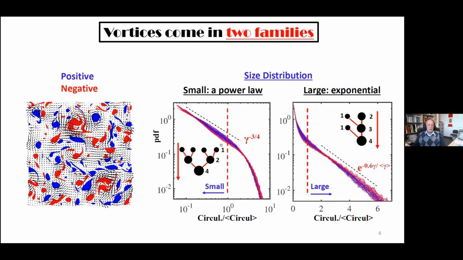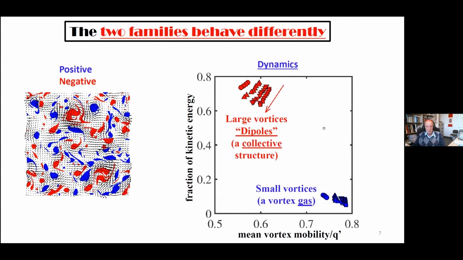You look at this in time, and what you see is that the limit between one and the other keeps moving, so that vortices amalgamate and they're eventually sucked into these large families of vortices. And these two families are different. They don't only have a different distribution and a different origin. They have a different dynamics.